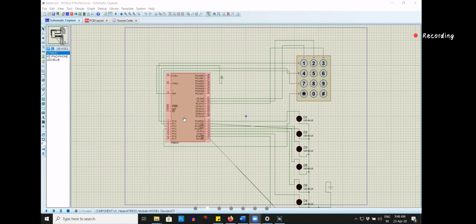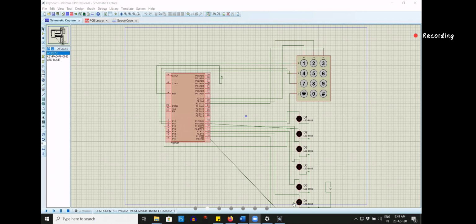Now it does not mean that you have to connect to this port. You can connect to any port. It depends on the program, and it should be your input output port. So for this particular program, I have connected 3 columns to port number 2 and 4 rows to port number 1.